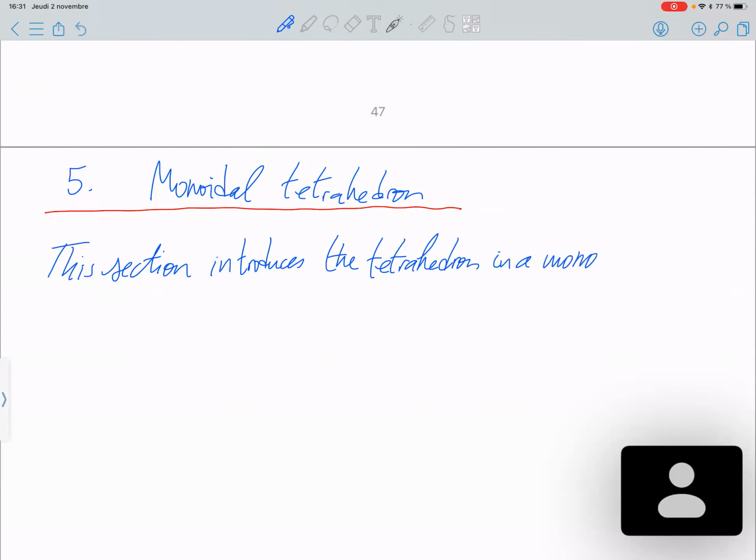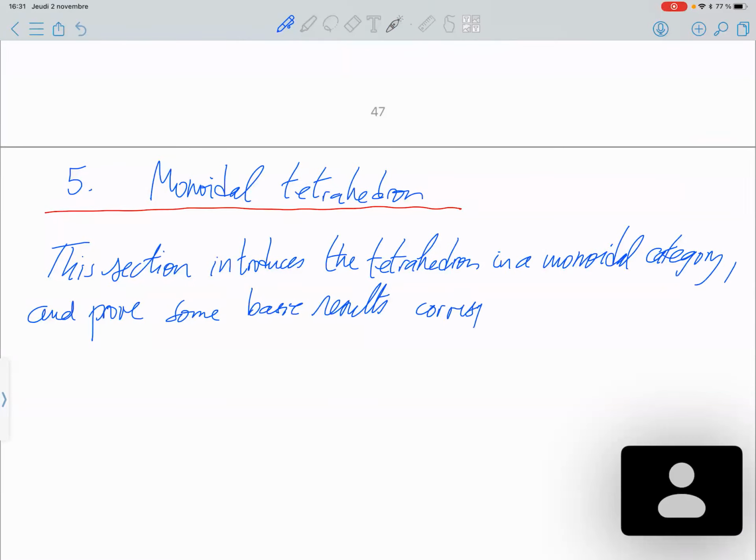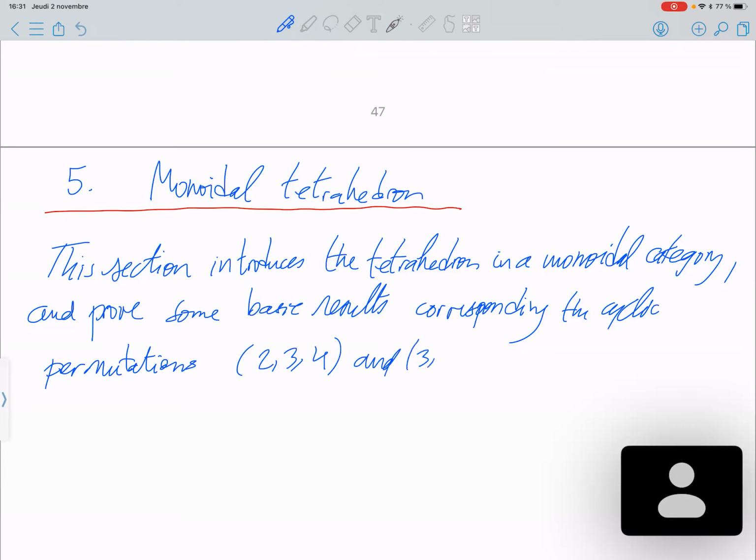In monoidal category and prove some basic result corresponding to symmetries, more precisely to the cyclic permutation two, three, four. So this is a way to write a cyclic permutation,